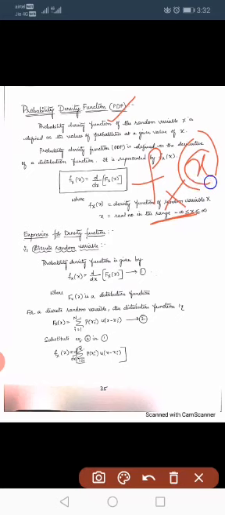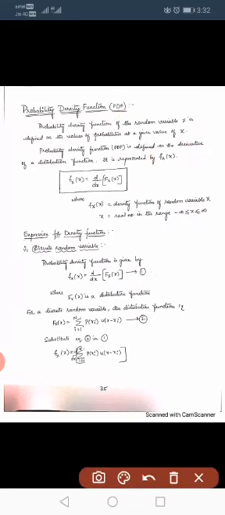Now in today's class, let us discuss the probability density function. We generally call it PDF, but we don't call the distribution function PDF. Remember, if you find PDF anywhere, you have to consider it as probability density function, not distribution function. The probability density function is represented by small fX(x), where capital X represents the random variable and small x represents an element of the random variable.